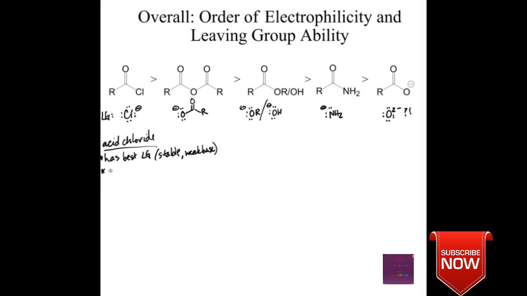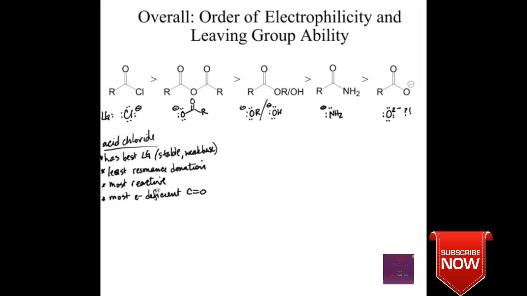Okay? It also has the least amount of resonance donation by that leaving group. So remember, the chlorine was so large that it was not very effective at sharing its electron density with the carbonyl, so it did not have very much electron resonance donation. That makes it the most reactive. Doesn't have a lot of resonance, so that makes it less stable. It makes it more reactive. It also makes it the most electron deficient